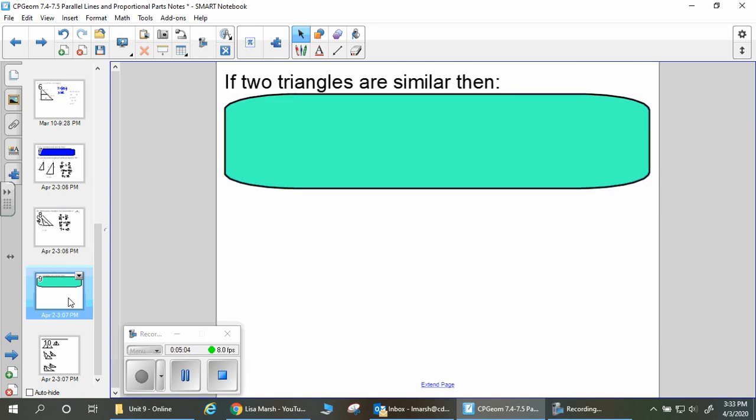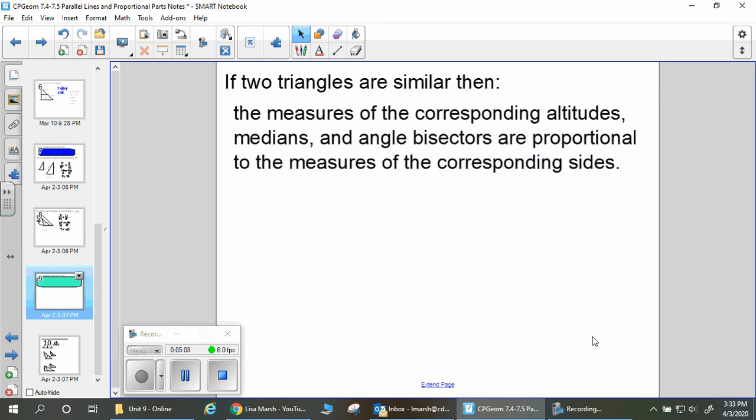The last bit is that if you have two similar triangles, it means that the measures of the corresponding altitudes, medians, and angle bisectors are proportional to the measures of the corresponding sides. That's a lot of information, but basically this is what it boils down to. If triangles are similar, we know that their sides are proportional. We've been doing that. All this is saying is it means all of their other little pieces are proportional, like an altitude or median. So if we look at some examples,